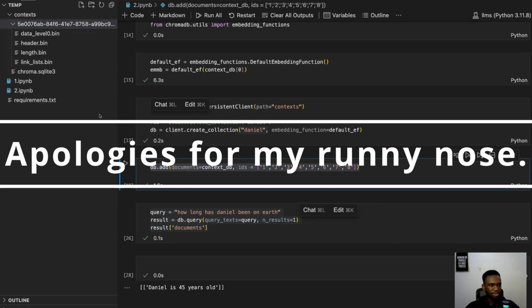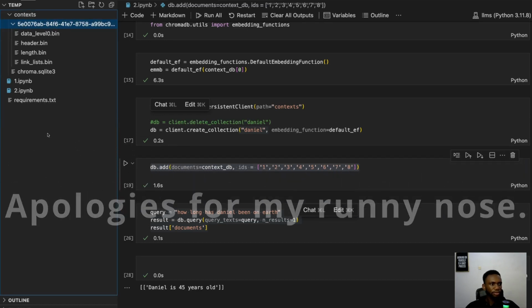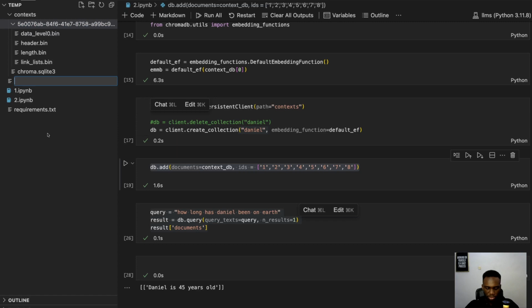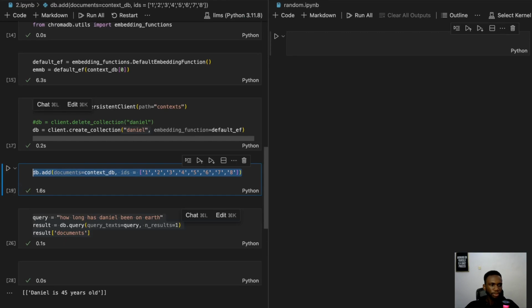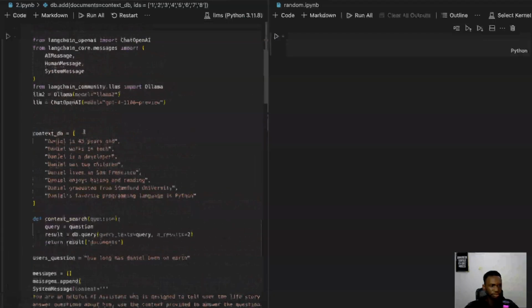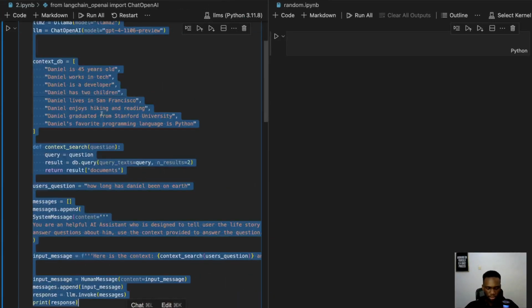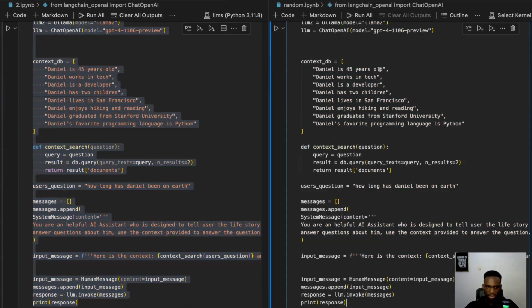database. So what I mean is this: I'm going to create a new file. I'm just going to call this random.ipynb. I'm going to split my screen here because I want to show you guys something quickly, and I'm going to copy a few things here. I'm going to copy this entire code here and paste it here,